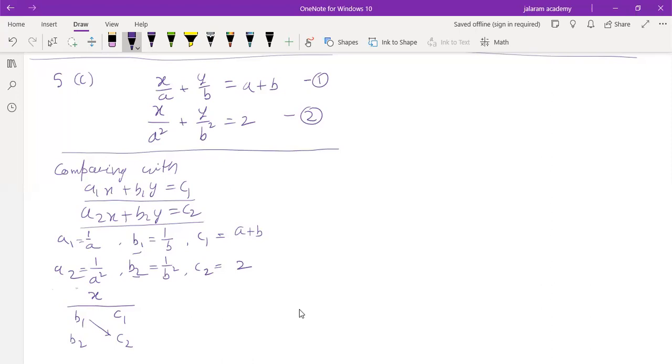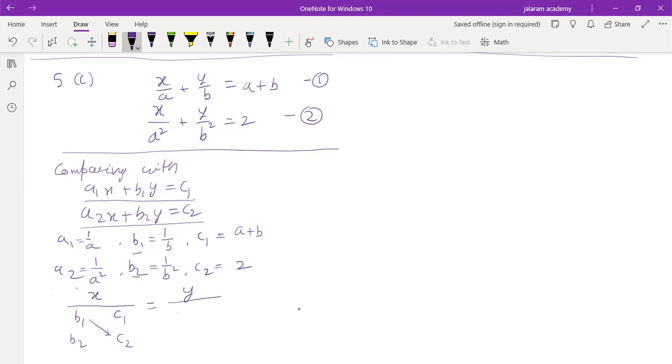Yes, sir, b1, c2. And the other is b2, c1. If you say c1, b2, then it will be easier to tell. Otherwise, you have to think before telling, like the student before this was doing. So x upon b1, c2 minus c1, b2 is easier to say. Is that clear to you? Understood everyone? The first term must be x upon b1, c2 minus c1, b2 equals y upon.